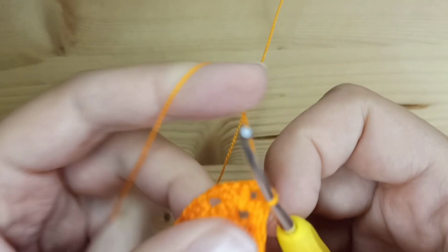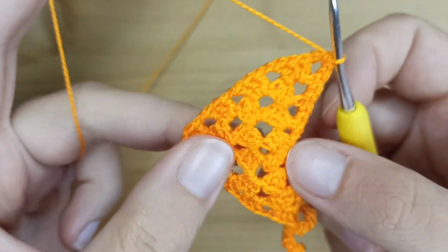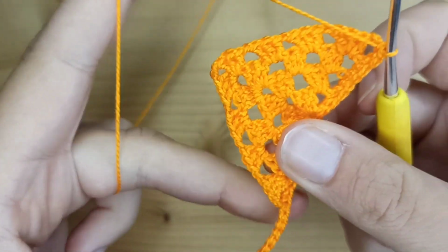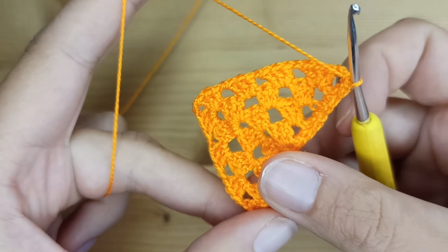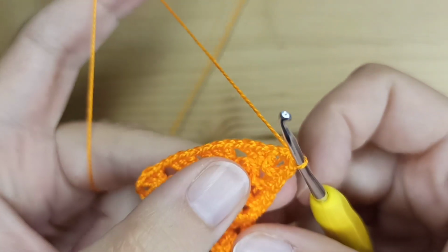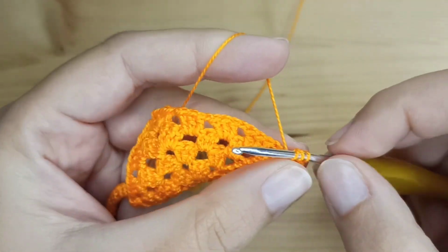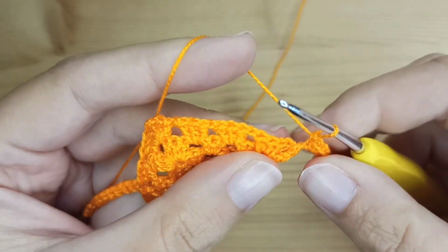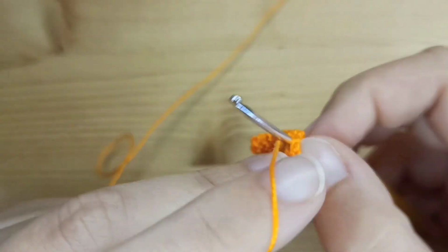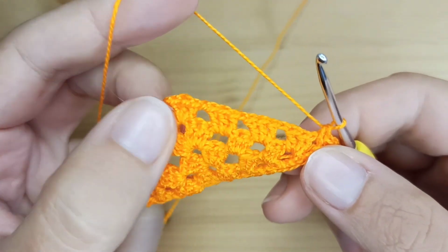And here we will make another chain of 20. And we will repeat exactly the same. I will stop the video here right now. So again, chain 20 and make 19 single crochet to the end of the chain, and I will show you what to do next. I'm working my last single crochet in the chain, so number 19, and I will go here to this first hole, and inside the hole I will make 1 single crochet, and I will just work single crochet here to the top,